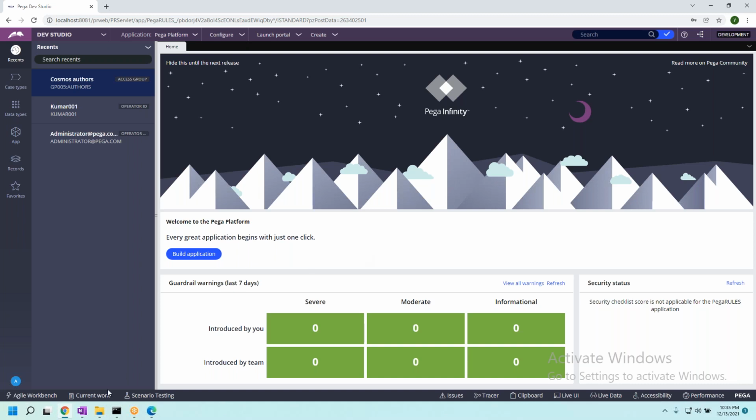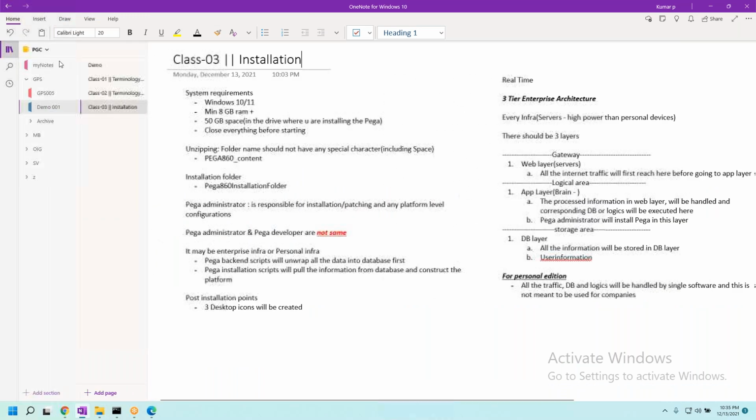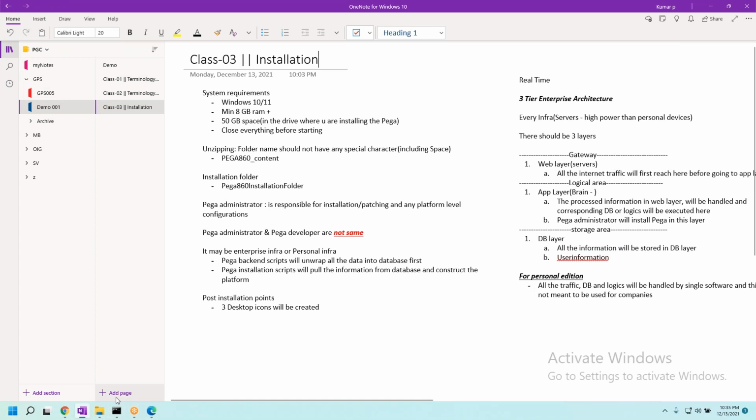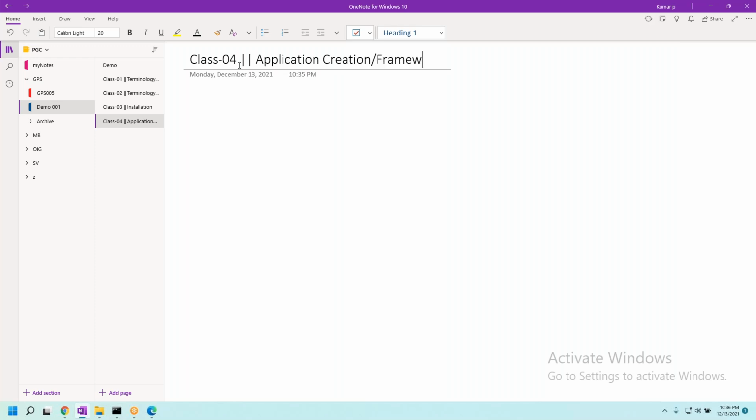And tomorrow I will be talking about the framework. Basically, there are some things which we have to understand. Class 04: application creation, framework, implementation applications.